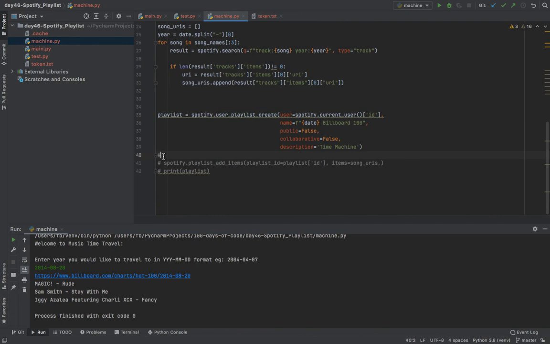And you can pretty much see it's the same as the one I have commented out over here. Playlist ID is, we're saying this ID like we did with the user, is the playlist ID. So we're just going to say equal this, and then we use ID. I like using one inverted comma because I don't have to press shift. And for items, that's the list of songs, the song URIs. So we're just going to copy that